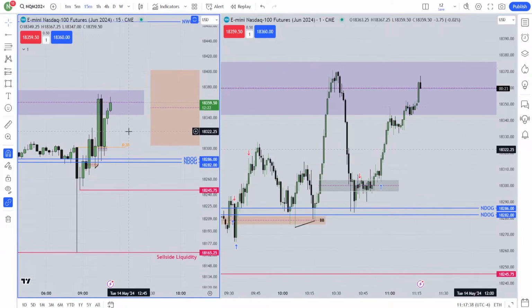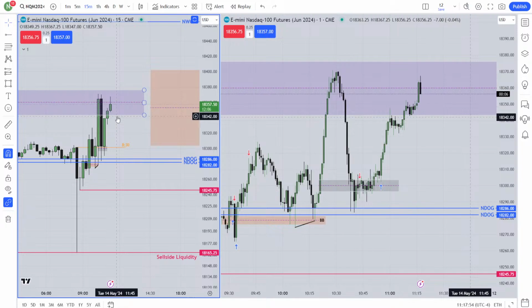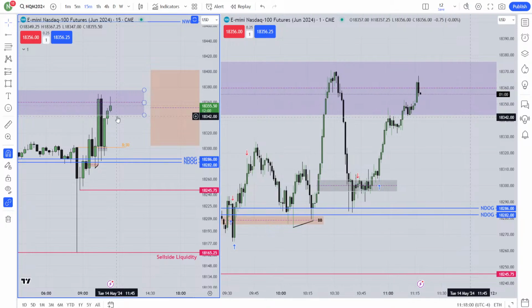Today here I'm not seeing anything so clean. I will wait for better price action. If I find better price action, I'll go for that. If I don't get it, I'll just not trade today. That's all, brother. That's the key. That's the key to success. You have to trust your system only. Whatever your system is, trust it.